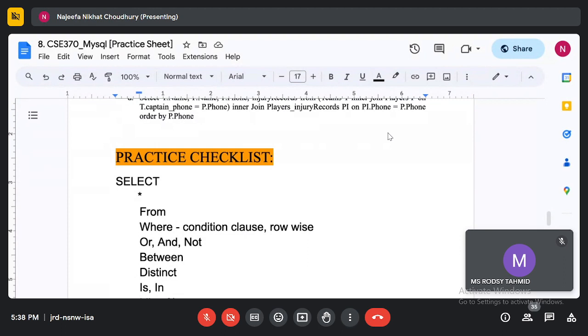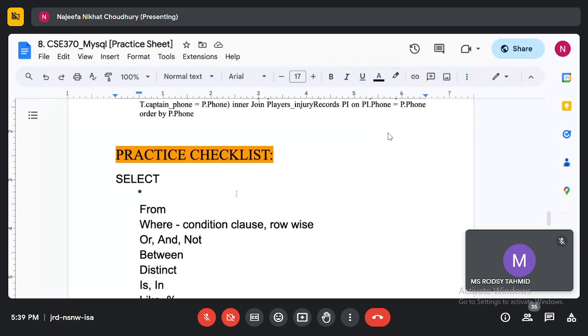So I'll just start. If any of you can record your screen, you can do that, so you can share with your friends as well. Okay, so